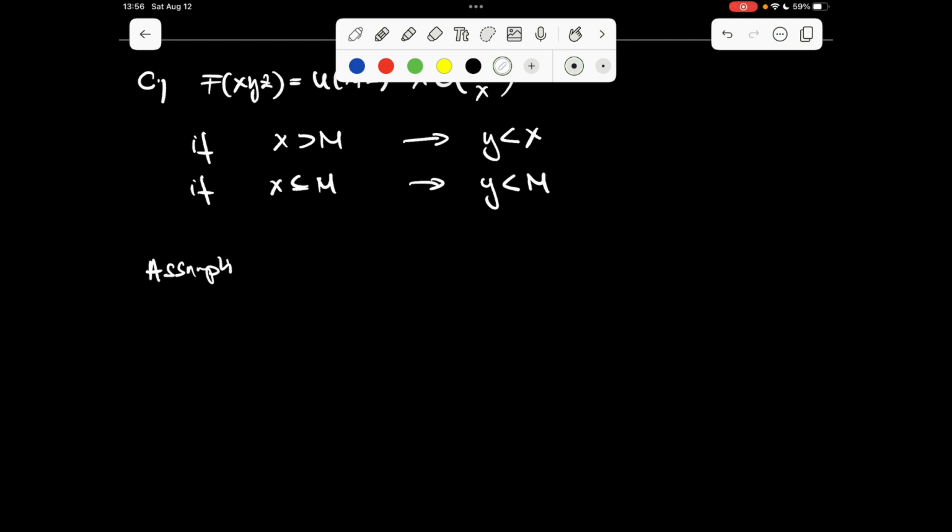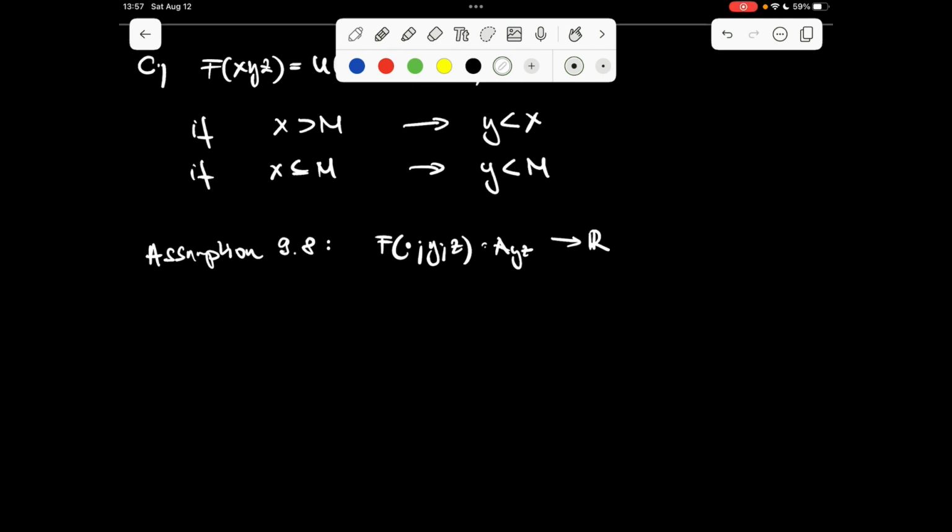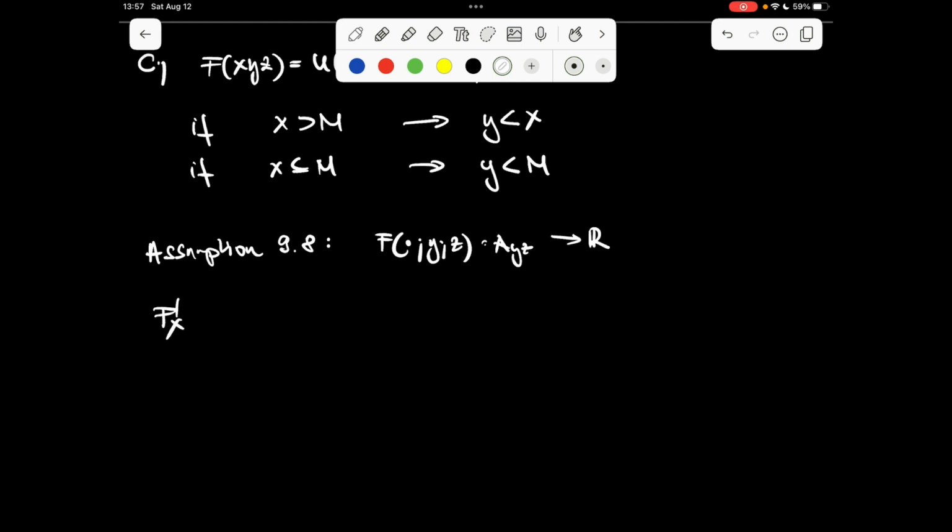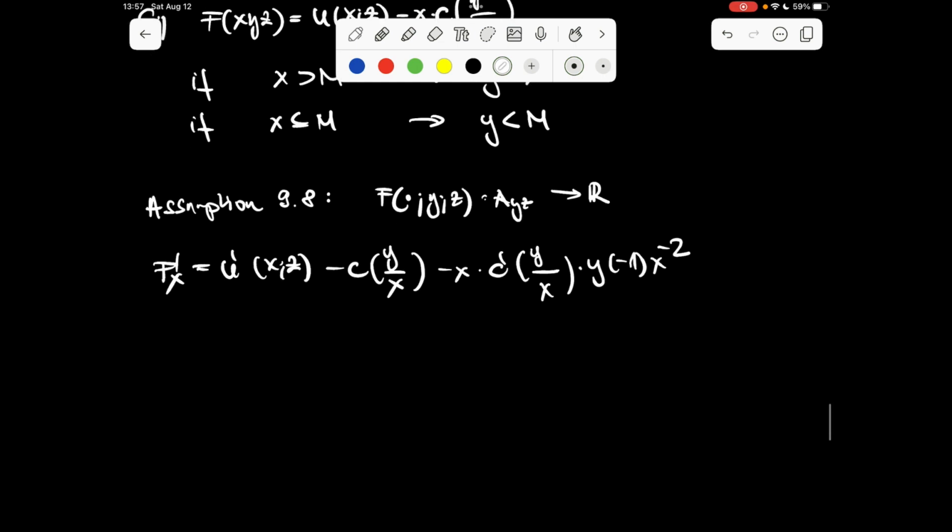Assumption 9.8. We need to show that one period return function is strictly increasing in X. We can show it by the sign of the first derivative of the function, which is, to show you some details, it's easy to make a mistake, so hopefully I can show you the correct solution, which equals to